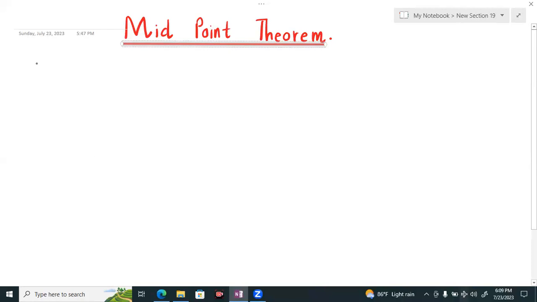Okay, write down the theorem. It indicates that the straight line segment, I will explain this using a diagram. The straight line segment